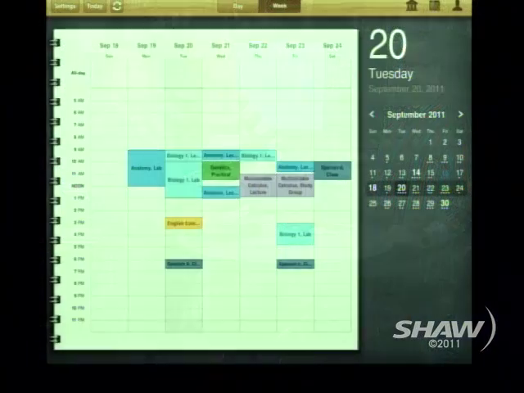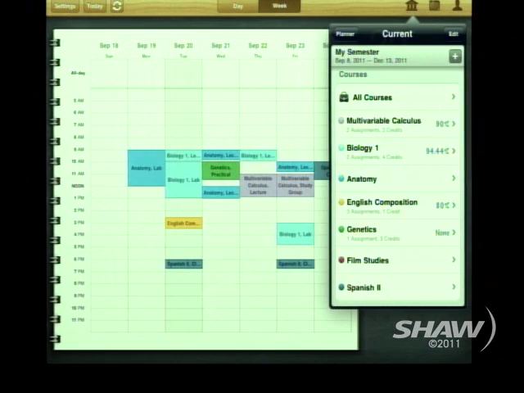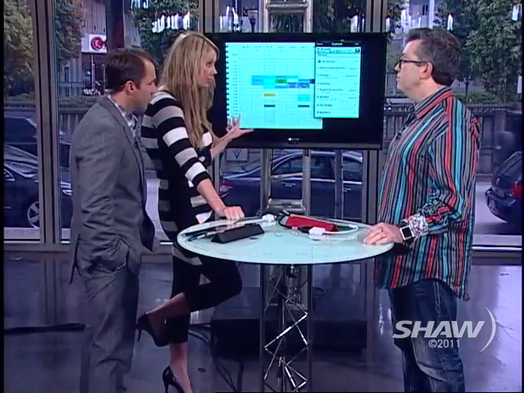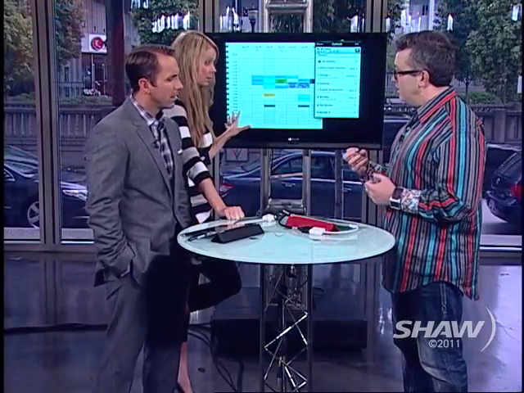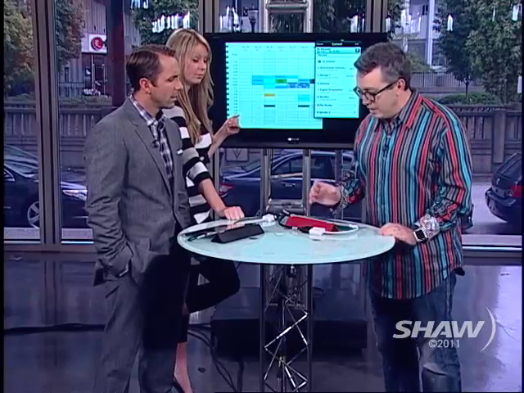Well, let's start with iStudies Pro. iStudies Pro. That sounds lame. Studying. Well, it's not exciting, but it's useful. It will help you organize your class schedule. You can put through your semester, add all of your courses in there. It tracks how you're doing. As opposed to the calendar that comes on the iPad, is this different? It brings in data from that calendar, but this is specifically geared towards schoolwork.